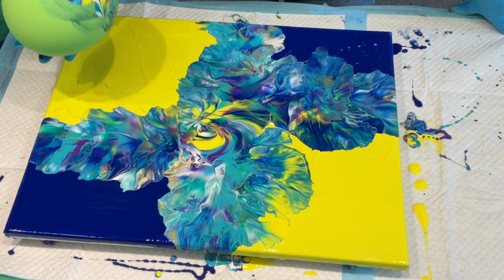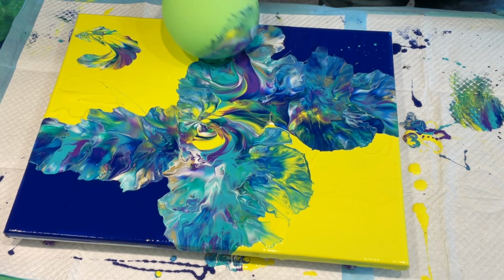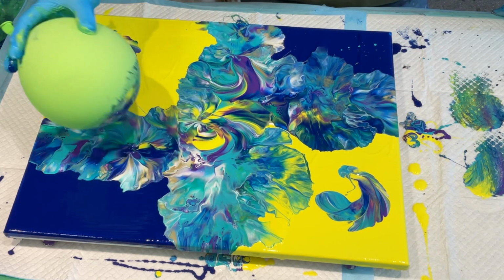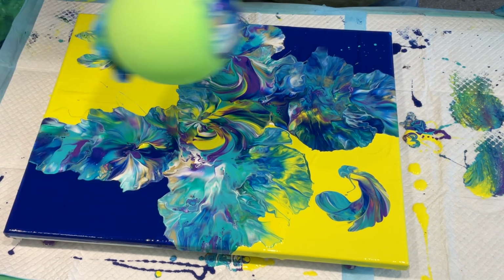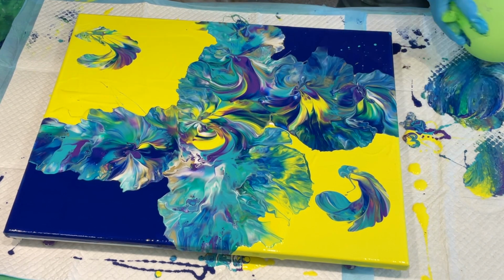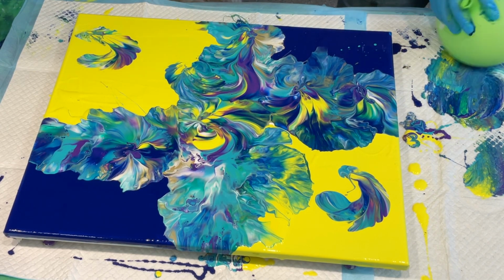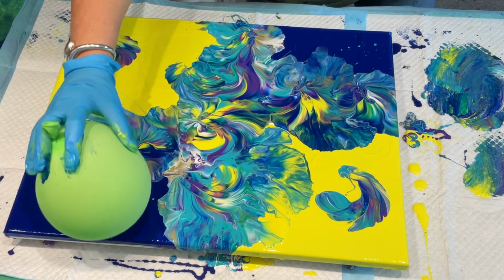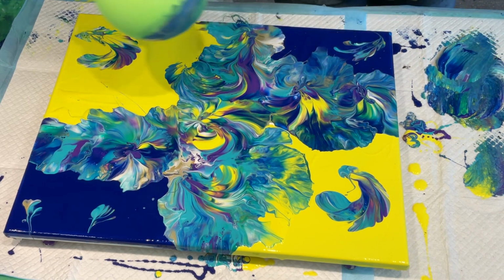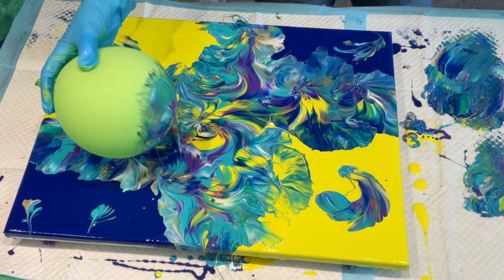Oh, look at that colour. I've got to add that in somewhere. There you go. Beautiful. Colours are so nice now. I don't want to put them all in. Oh, that's bringing the colours up beautifully. Gorgeous. You don't have to do too much to give it just some soft, light